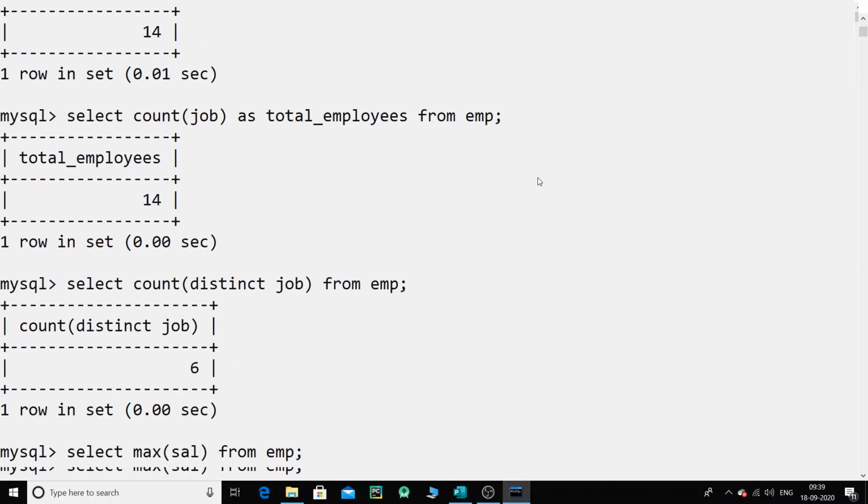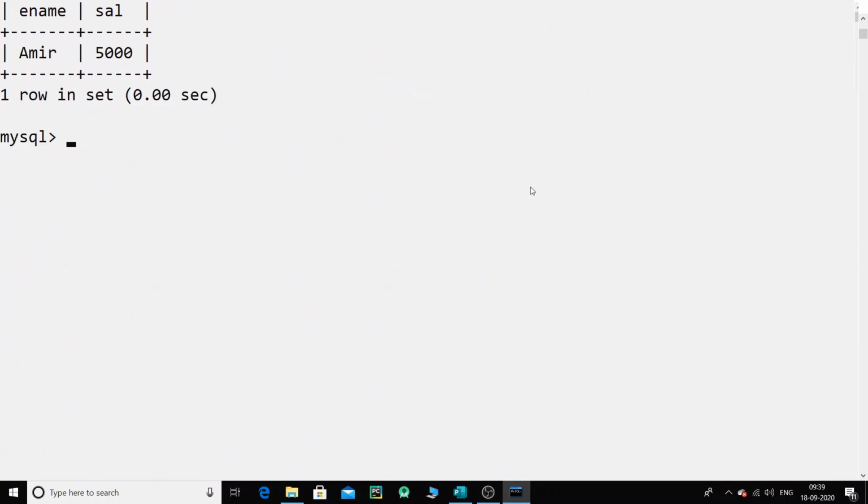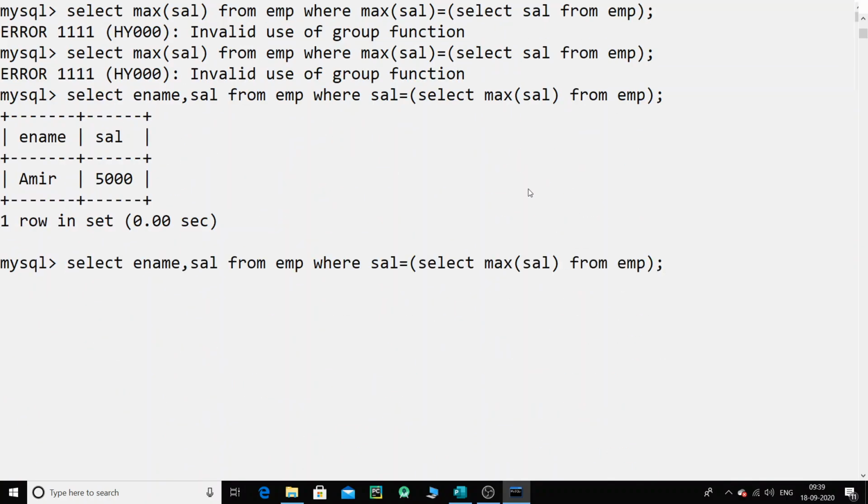Now what I did out here, children, is not really part of the syllabus, this particular query, but still, since the problem has come across, I applied it. Now let me explain this query. I used a nested select query.